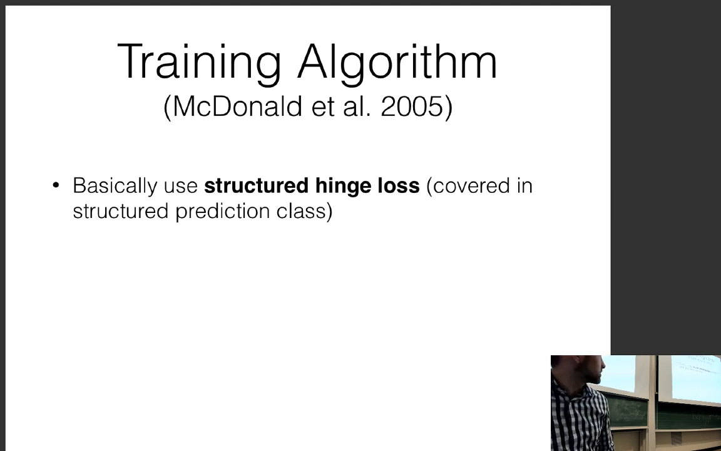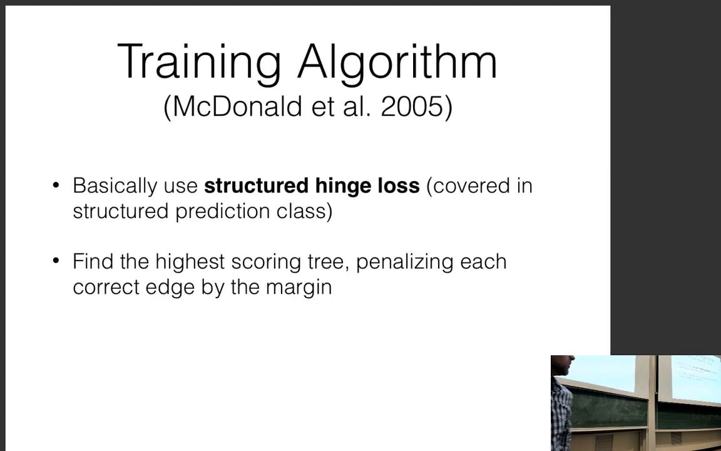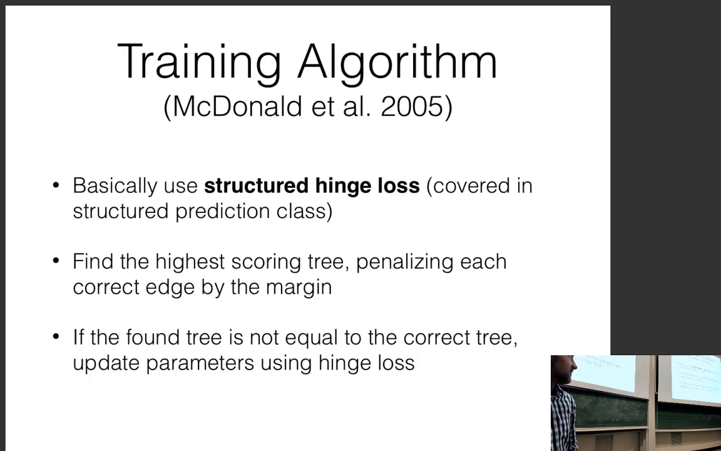But just in case you don't remember, basically what we do is we find the highest scoring tree. But when we find the highest scoring tree, we penalize each correct edge by a little bit. So we add 1 to the score of all of the edges but the correct edge, or we add -1 to the score of all of the correct edges. We find the best tree. And then if the found tree is not equal to the correct tree, we update the parameters using a hinge loss. So the good thing about this is basically this incorporates the whole end-to-end decoding algorithm in the training